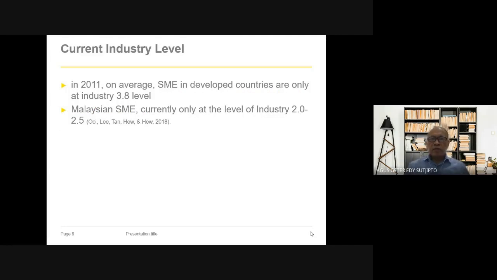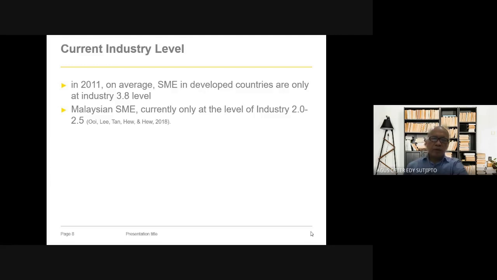In 2011, developed countries like Japan, America, and European countries were already at Industry 3.8. At the time, Malaysia's small and medium enterprises were only at 2.0.